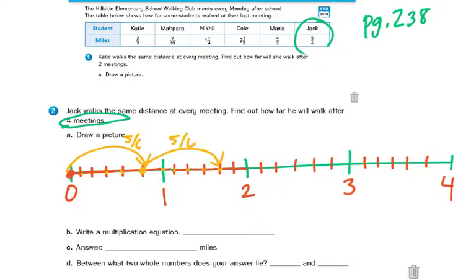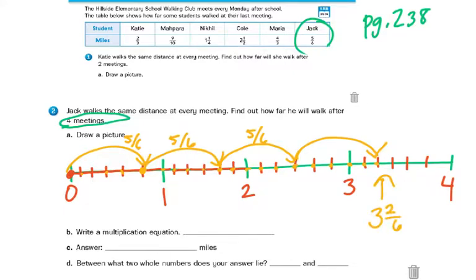Draw this on your math journal page with me. Then I'm going to count 5 more sixths: 1/6, 2/6, 3/6, 4/6, 5/6. So he makes it another 5/6 of a mile the third time, and he goes one more time: 1/6, 2/6, 3/6, 4/6, and 5/6. Where does he end up? He ends up at 3